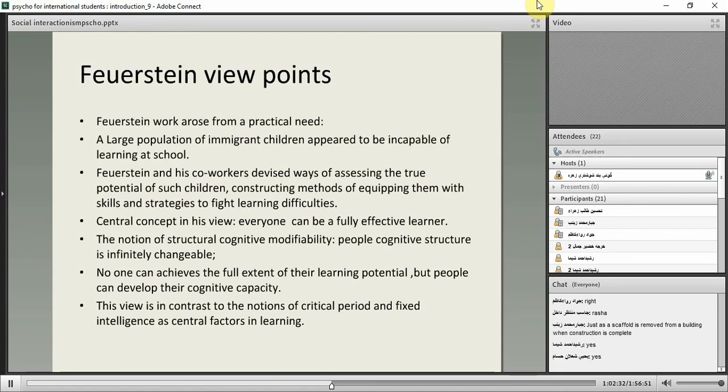Let's point to Feuerstein's viewpoints as another key figure in the interactionism school of thought. His work arose from a practical need. Okay, I'm sure that you read the story behind the proposal, right? That is in contrast to Vygotskyan theoretical writing. The work of Feuerstein is more practical, okay, and it's grounded in its implication for classroom teaching and learning. And as stated by Williams, he was